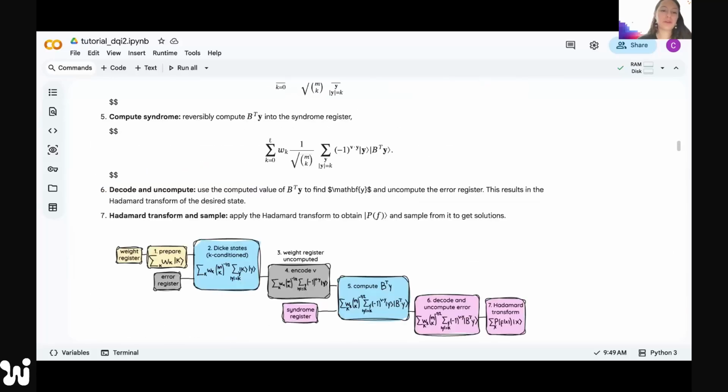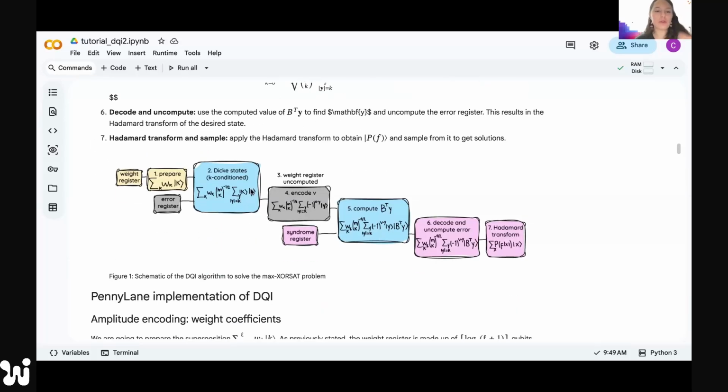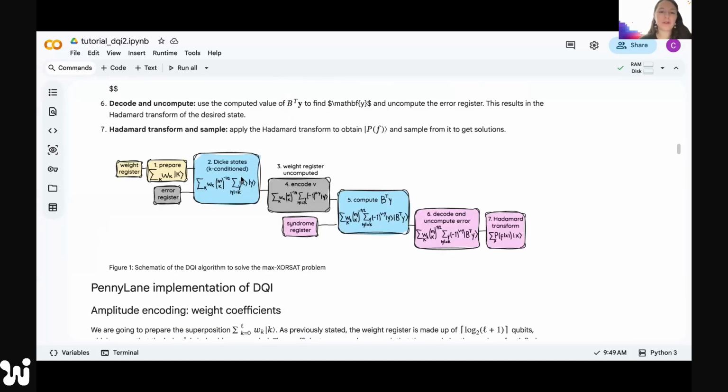All right, so once we prepare those states, we can do some modifications. We can add some error register. We're going to modify these states to alter the probability. Remember how we said we first have to encode something, and then we have to modify the probabilities to enhance the chance of getting the right answer. That's what we're going to do here. So far, we don't have information on the problem. We just have some states that we're preparing, and that's all. We don't have information on the big V and the big B.